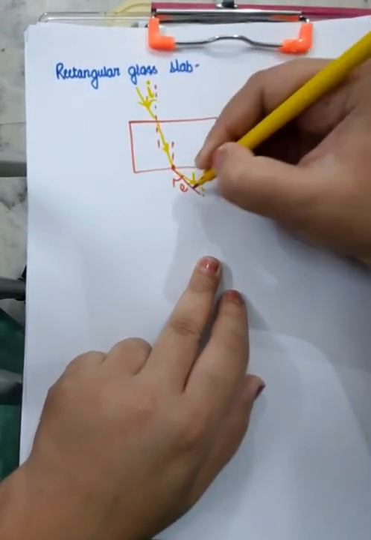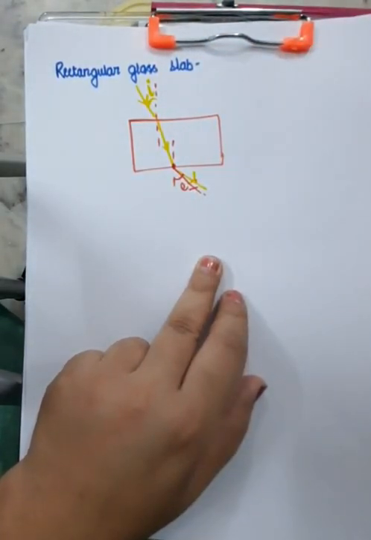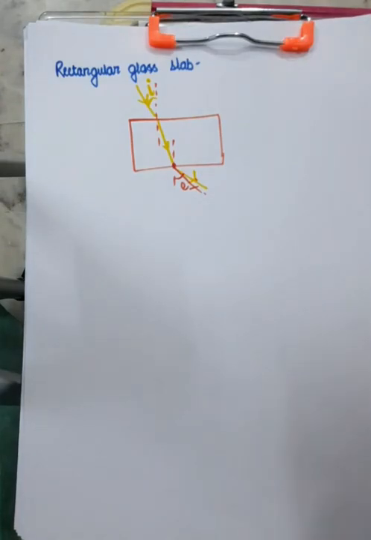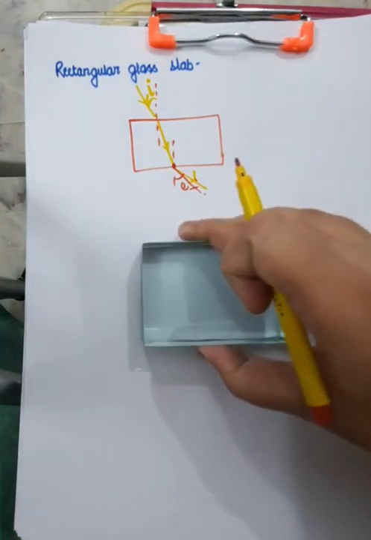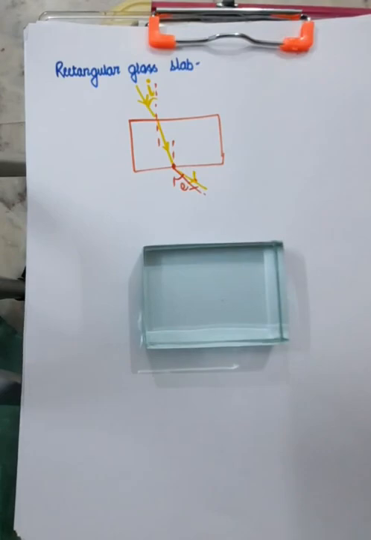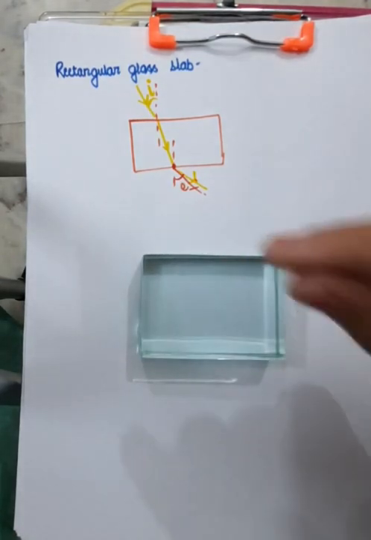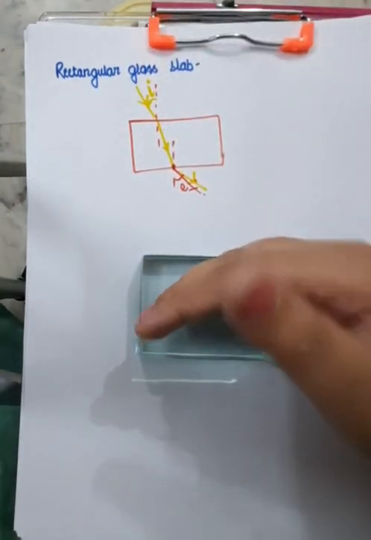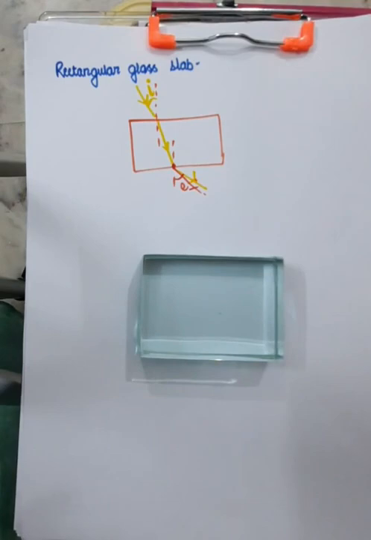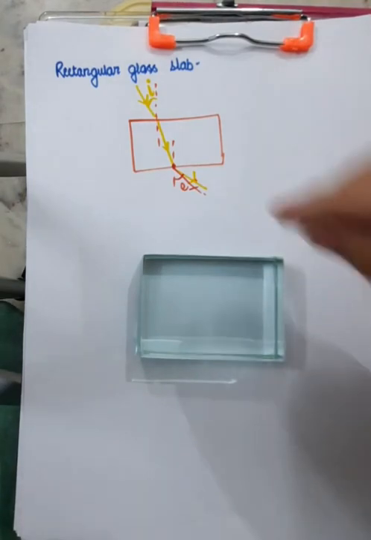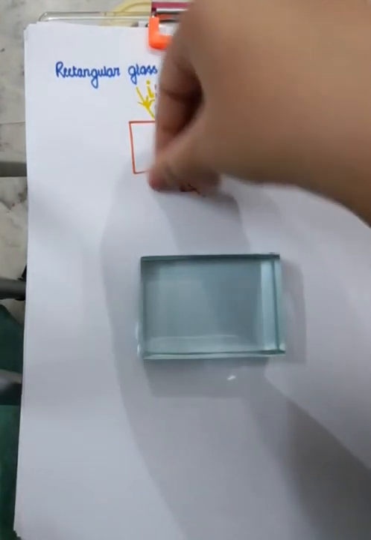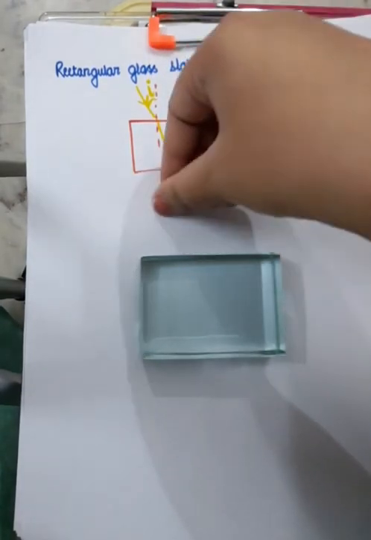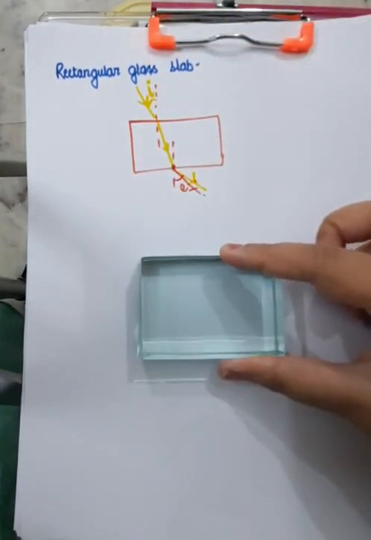Okay, so what happens? We have to study refraction through a rectangular glass slab. I'll show you how the refraction happens. You need to see that there are many light rays which are incident on this glass slab. You need to choose one of them. So how can you go about it? Just decide the path of the light ray over here, which is incident on this glass slab.